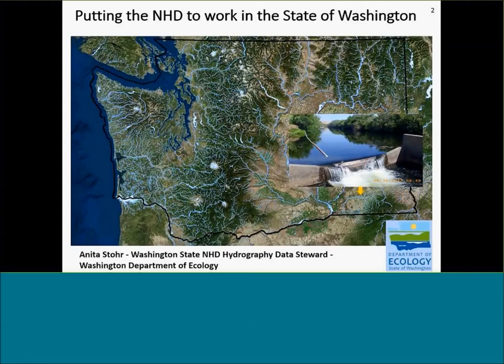So this is the Hofer Diversion Dam over in the Walla Walla Basin. It's on the Touchet River over by wine country. And these diversions, even though it's a dam, it's also got a fish passage associated with it. It's got 2 water diversions associated with it and information about screening to protect fish.